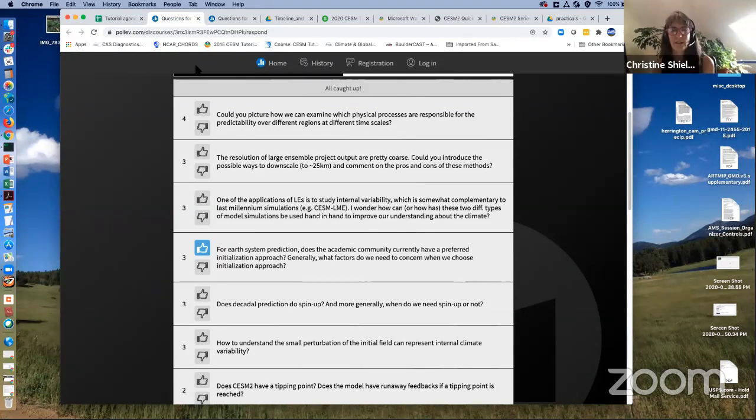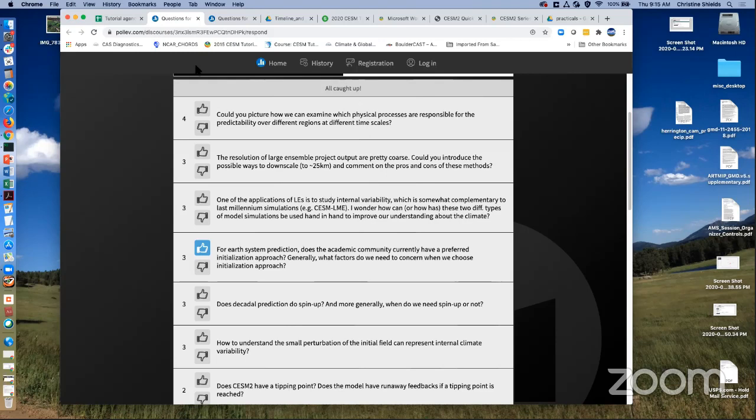Thanks, panelists. Do any students have any follow-up questions? Okay, Marta is raising her hand. Go ahead and unmute yourself and ask your question, Marta. Yeah, so I was wondering, what do you think about statistical downscaling? When we think about downscaling, we think about dynamical downscaling, but there are also some researchers that do statistical downscaling. So I was wondering if you have any thoughts on the advantages and disadvantages of that.